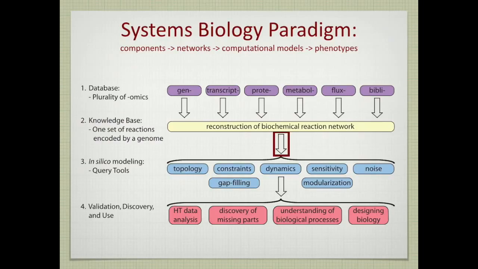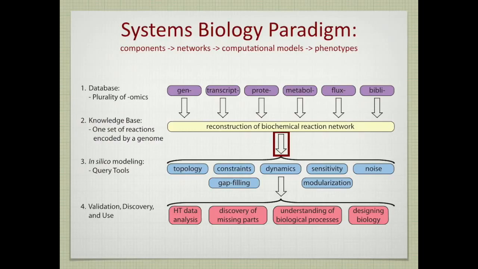Then converting this into a mathematical format is a little difficult conceptual transition for many, especially those that have only been in life sciences. But many of you have done computer science, engineering, statistics maybe, and so forth. And this is not unfamiliar, I think, to most people in this room. And that is to take chemical objects, genetic objects, and convert them into a mathematical format. So once you have done that, and you've taken this reconstruction and described it mathematically, there is a discrete number of methods to analyze the properties of a reconstruction. And some of them are indicated in there.